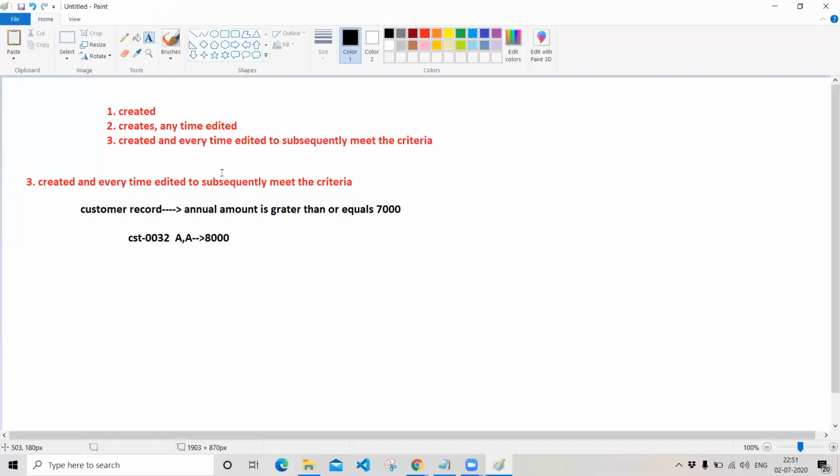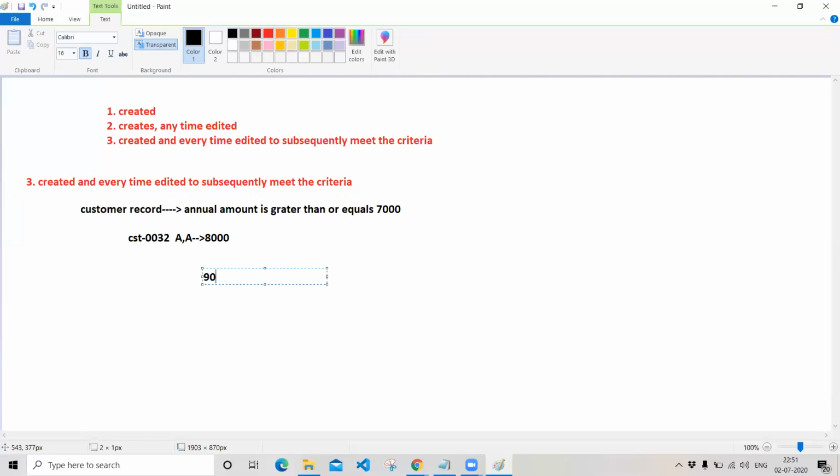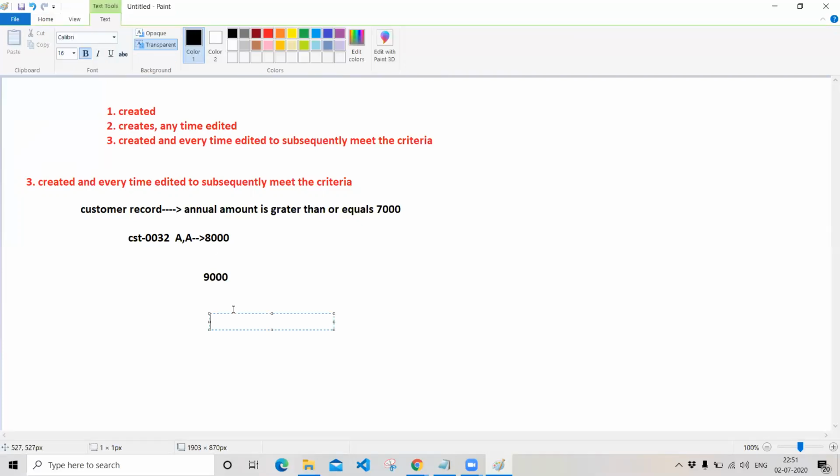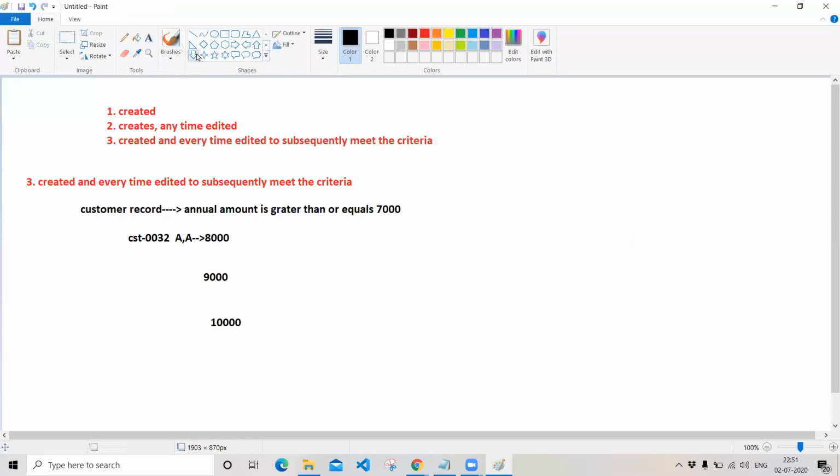So if I modify the record and increase the amount field to 9,000, it will not fire. And if you update your amount to 10,000, it will also not fire. Updating the amount from 8,000 to 9,000 and 9,000 to 10,000, it will not fire.